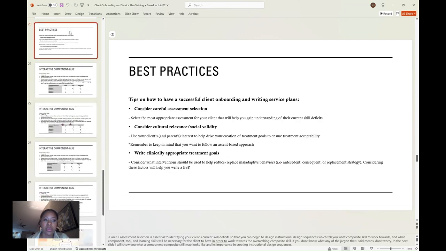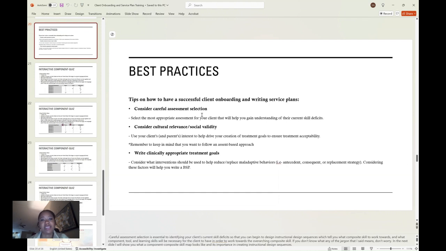So some tips that I gathered while working on that case with client X was the importance of carefully considering the assessment selection that you use. Also, consider the cultural relevance and social validity because, again, you want to make sure that you're following an assessment-based approach